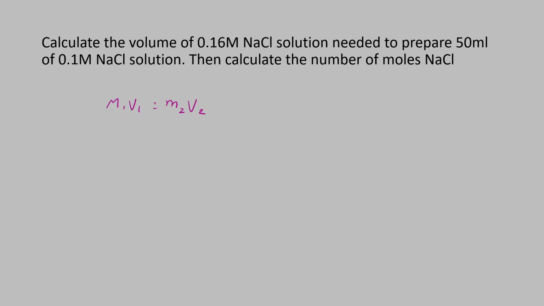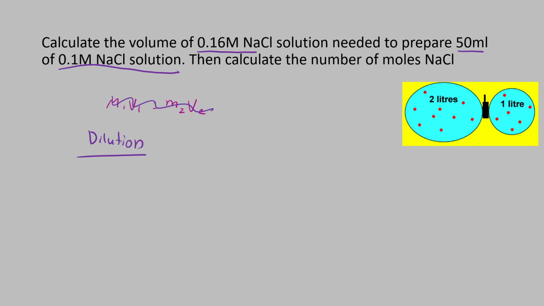Okay, now let's look at the second type of question. Okay, so ignore this. Calculate the volume of 0.16 NaCl solution to prepare 50 ml of 0.1 NaCl solution. In experiment 2 there is also this kind of method, where we call it dilution. Alright, so for dilution, okay, if you look at this,